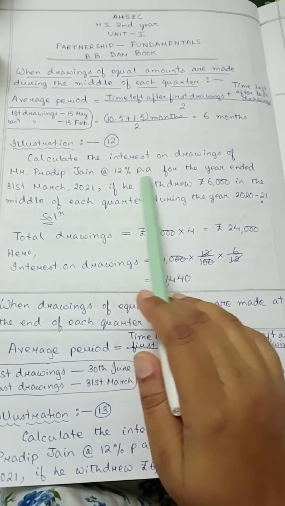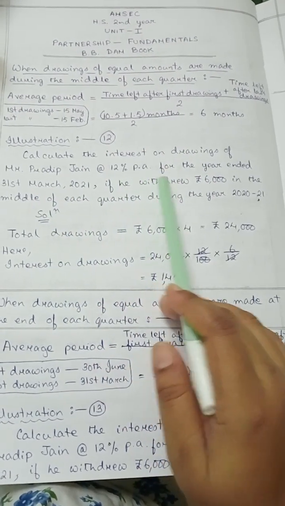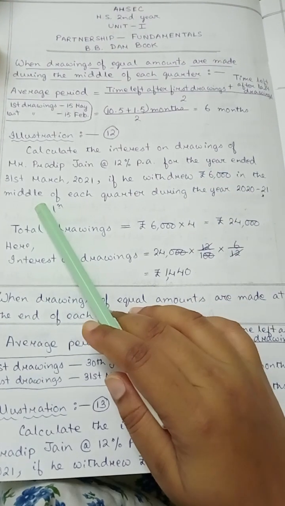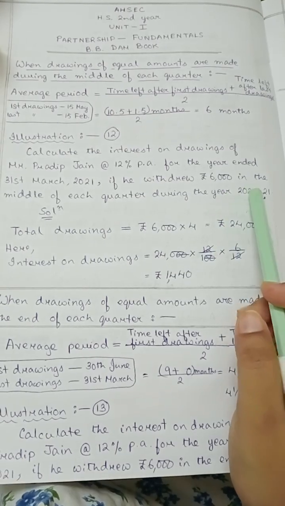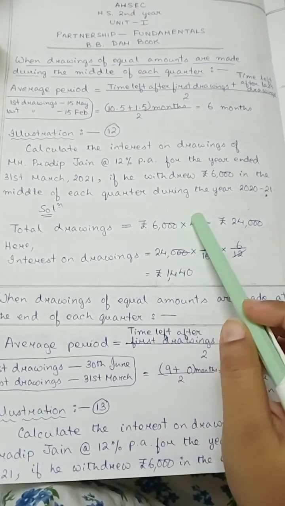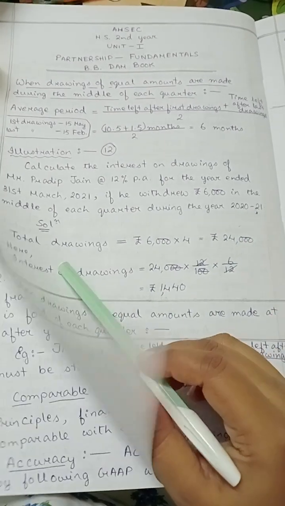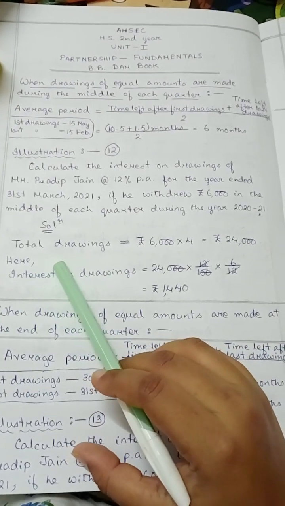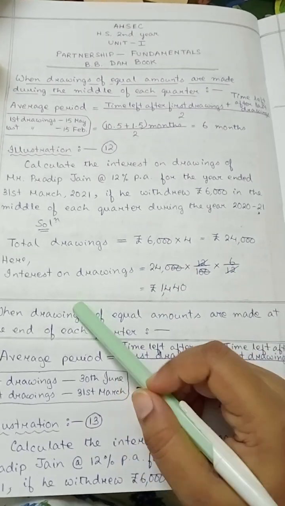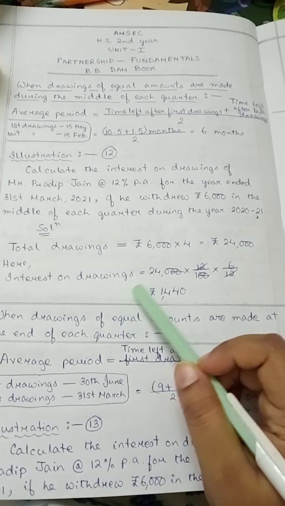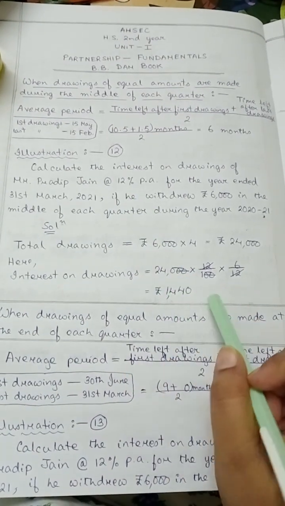So you have to calculate interest on drawings of Mr. Pradeep Jain at the rate 12% per annum for the year ended 31st March 2021 if he withdrew rupees 6,000 in the middle of each quarter during the year 2020 to 21. So here total drawings equals 6,000 into 4, that is 24,000. So here interest on drawings equals 24,000 into 12 divided by 100